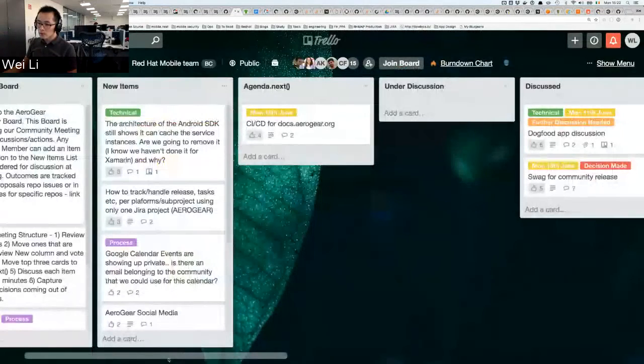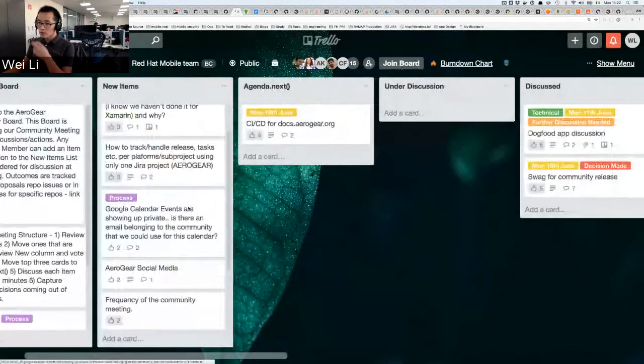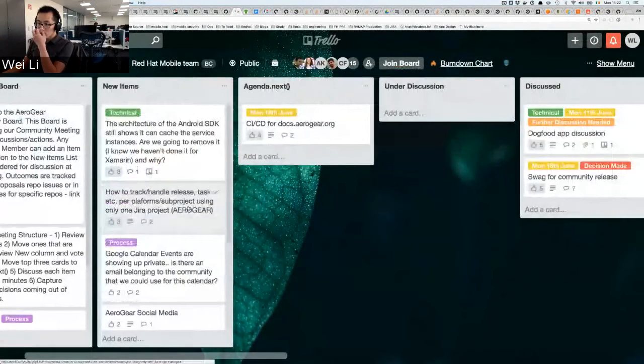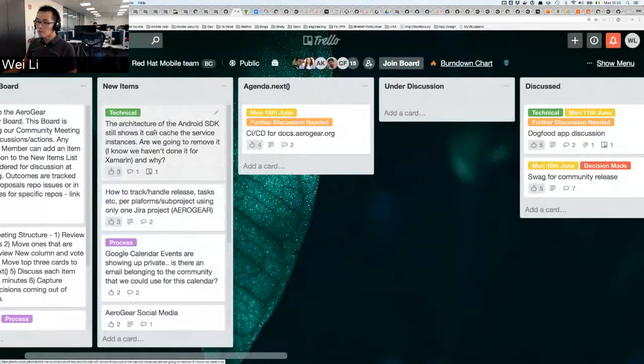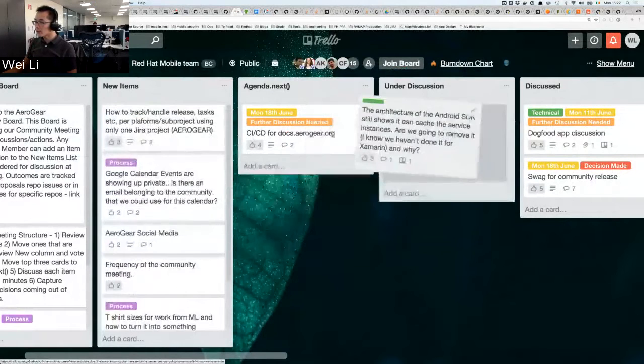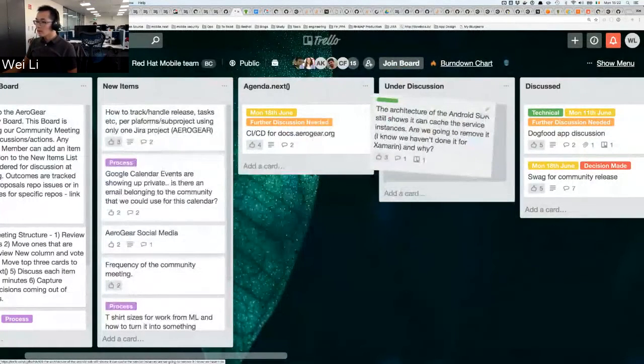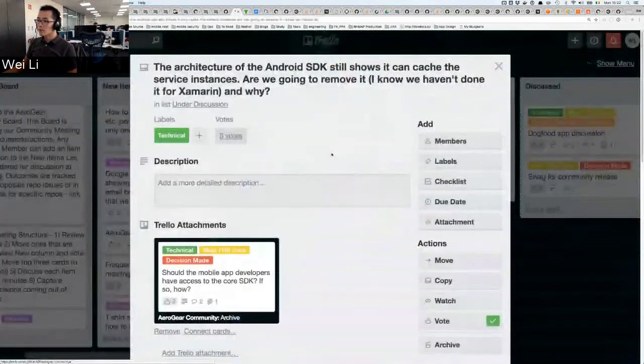Okay, so the next one we're going to look at is, there are two cards that both have 3 votes, so I'm just going to pick one from the top. So I think this is down to the technical side a bit. At the moment, the architecture of our Android SDK is to show that it can cache the service instance.